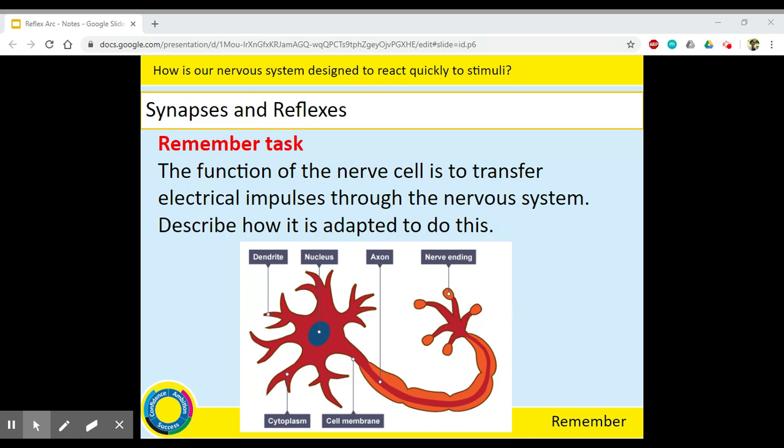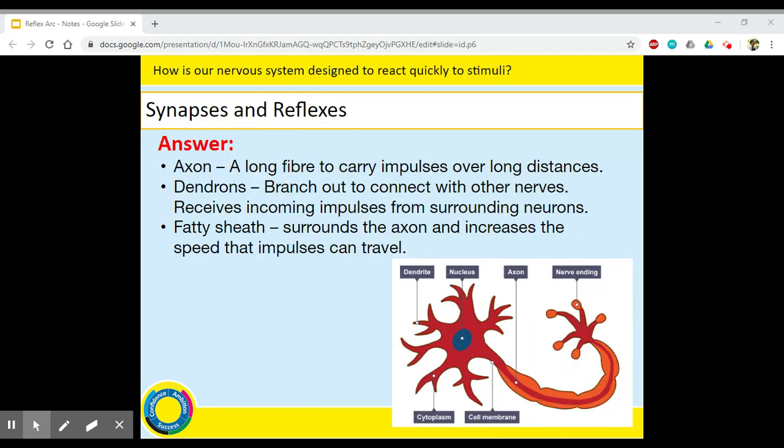Welcome back. Let's have a go through some answers. If you have a look at our neuron down the bottom here, we can see that it's very elongated. The long part of the neuron is called the axon. This allows it to carry impulses over long distances. And then we've also got the dendrons, which branch out from around the nucleus and down at the tail end as well. And they allow the neuron to connect with other nerves